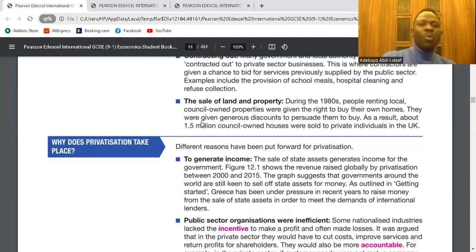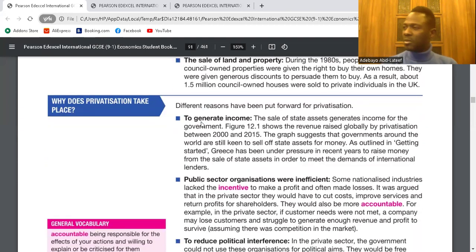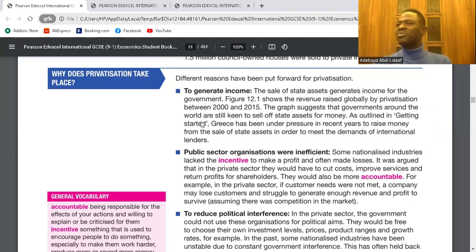Yeah. Why does privatization take place? So why do we even talk about privatization? Why does government come up with this ideology? One, to generate income. So government will sell land and property to have more money with them, to have more revenue, which can be used for maybe infrastructure, healthcare, education, and so on. You get that? Yeah. So they will do this instead of trying to borrow more money internationally. Why can't they source their own funds by selling the government-owned properties that are not useful to them, that will be useful to the private sector?